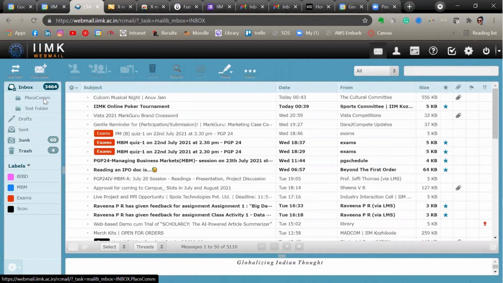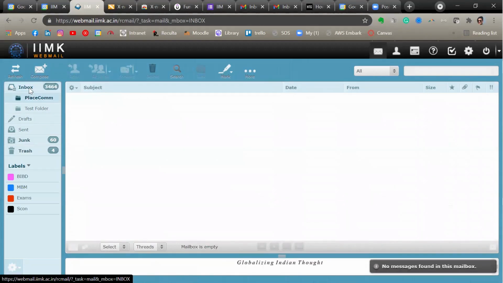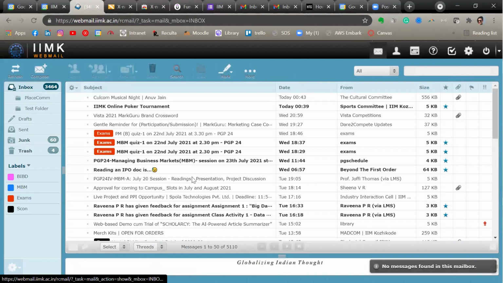Now every email that comes under the name placement committee will be directed to this folder and not the inbox. This way you can keep all the emails of placecom separate in this particular folder, and you can avoid the confusion of mixing them with other emails. So it's the best way to avoid the confusion and keep the high priority emails separately.